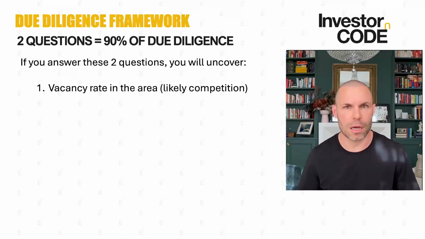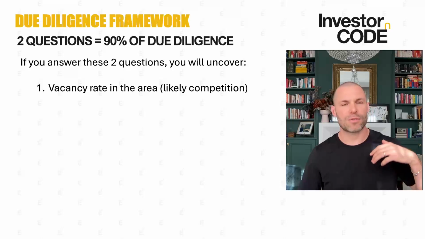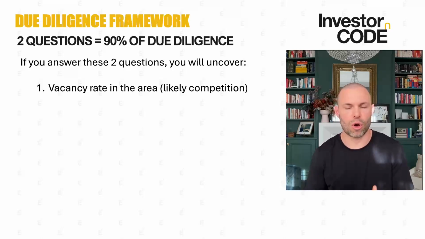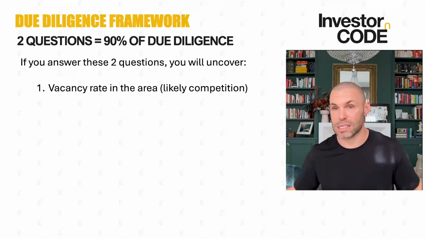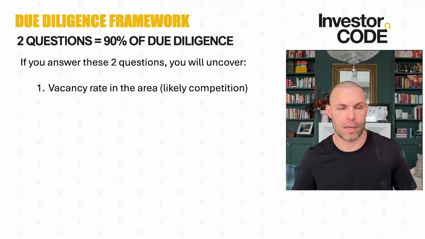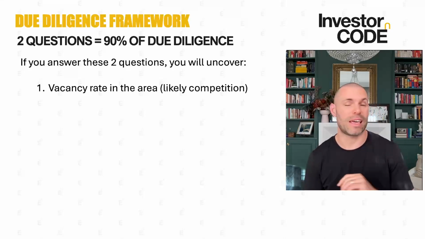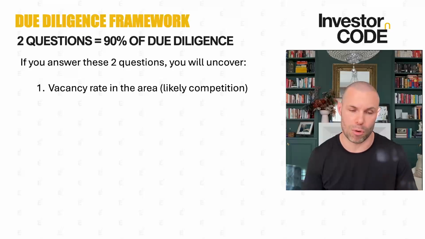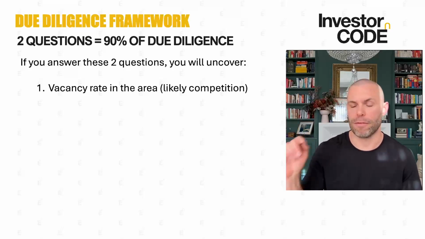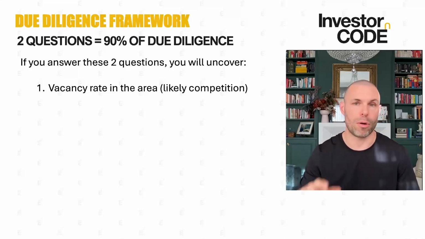And they're all the same size as mine. So that's really important to understand, like your competition is other premises that's available for lease, okay? So you need to know what the vacancy rate is in the area. Again, you can get that from an online free report. Like you just go Cushman & Wakefield or cbre.com. I want to know vacancy rates in the area, and they'll give you a report every quarter.